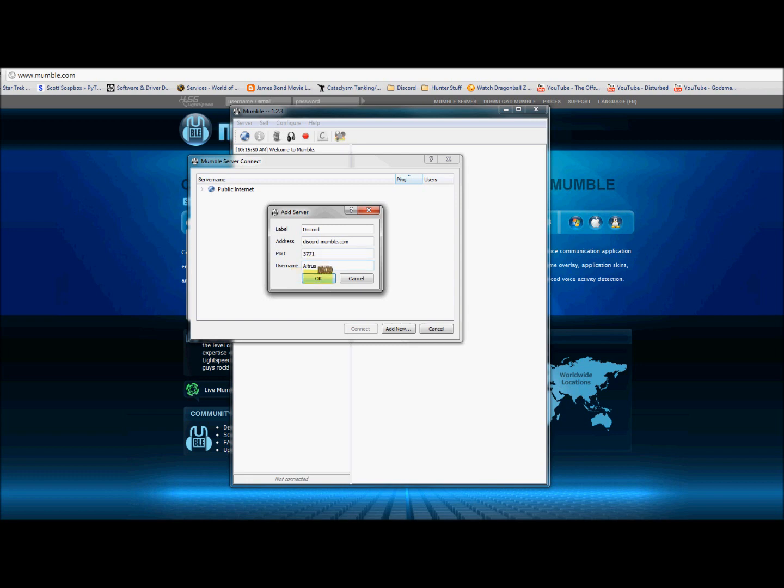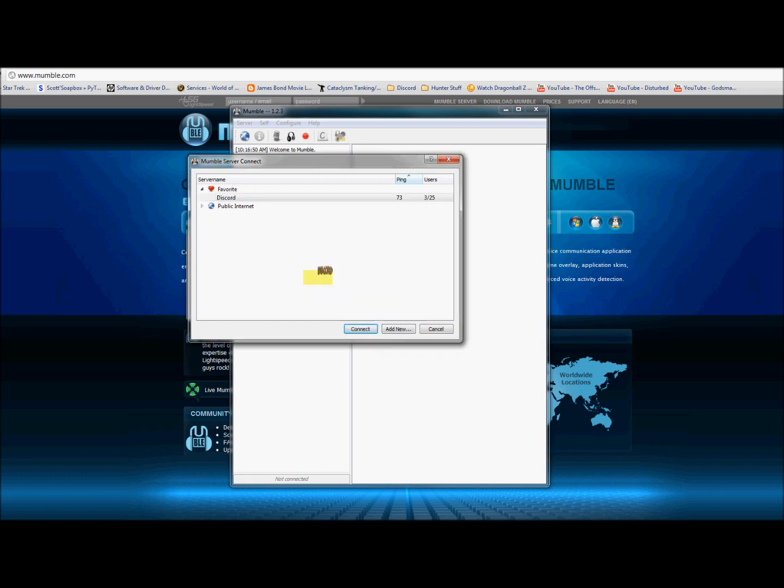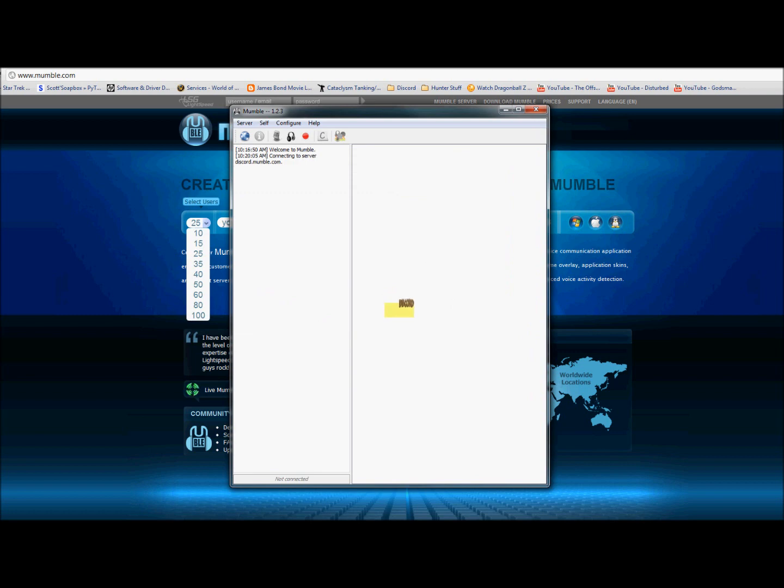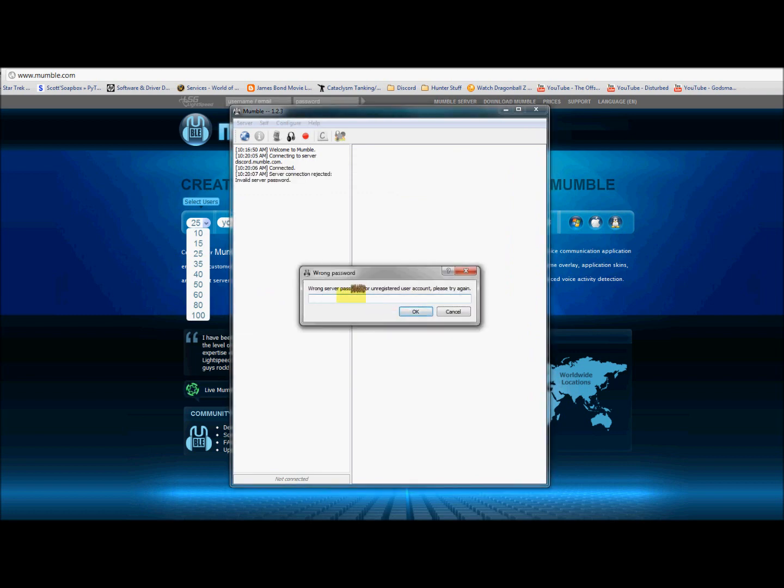Then click OK. Now when you click connect, it's going to tell you wrong password, and that just means you have to put in the password. So we put in our correct password and click